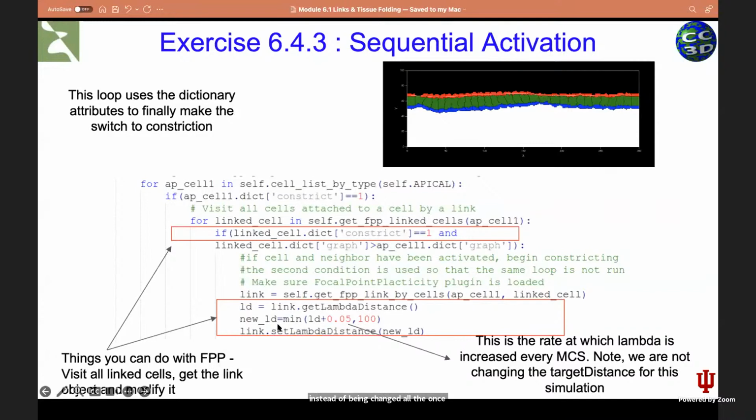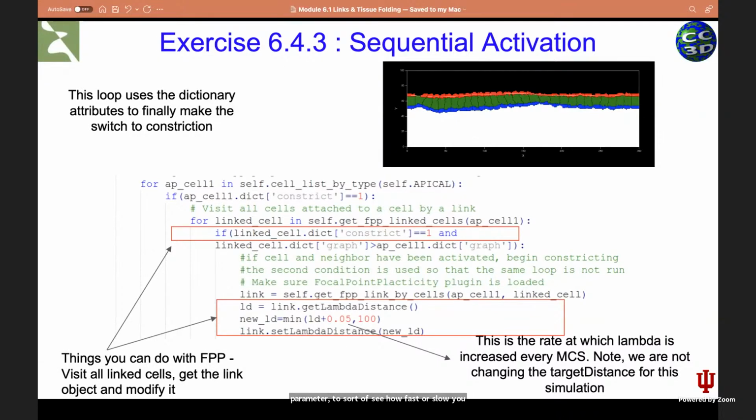And the other function we're going to use is the set lambda distance function. So we're going to have a time, and after this time this cell becomes responsive to the focal point plasticity plugin, slowly change the lambda distance in this case, and then see the effect. And this is a rate that I have associated with the simulation. You can basically change this parameter to see how fast or slow you can modify any of these